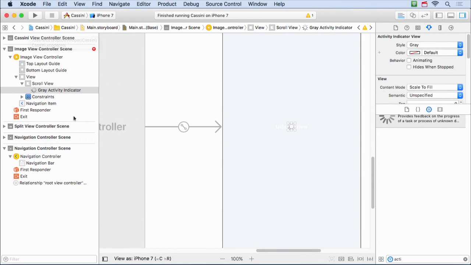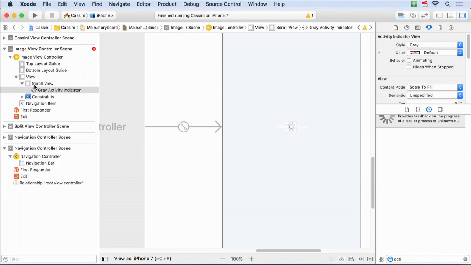When we do this, we look down here at this activity indicator view. By the way, if you select something here, it'll select it here, and vice versa. So this is selected, so it's showing it here. And you see how these things, this is all the views. This is the top level view. That's the view var in the controller. Then here's that scroll view that we made. And then here's the indicator view. Well, you see how these are indented? That means they're subviews of each other. So we made the gray activity indicator a subview of our scroll view.